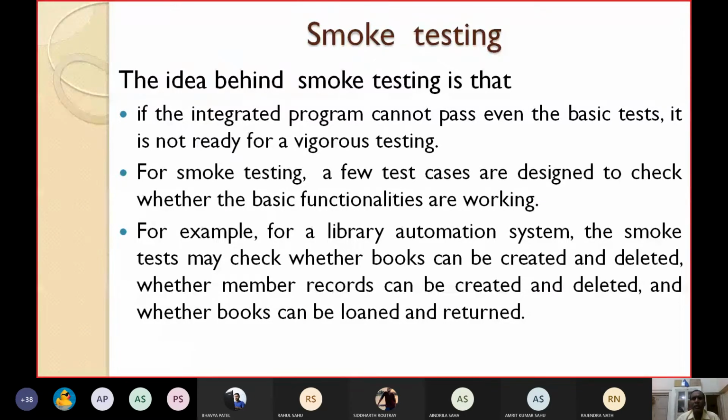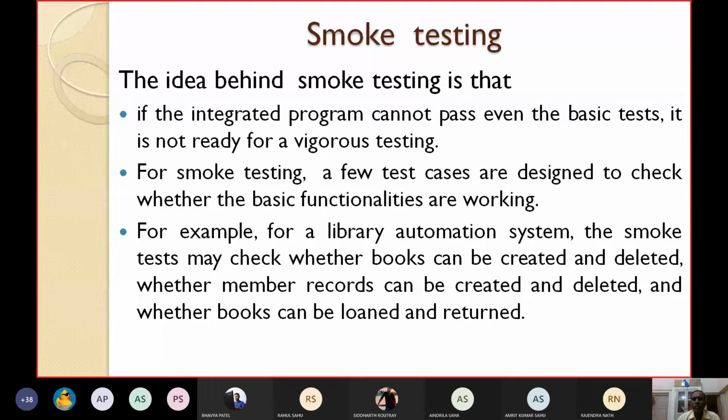That means it is not ready for vigorous testing. So once the integrated system is ready, we should try to test some basic features. If it cannot pass even a minor test, then it is not ready for vigorous testing, so don't go for the other testing levels.